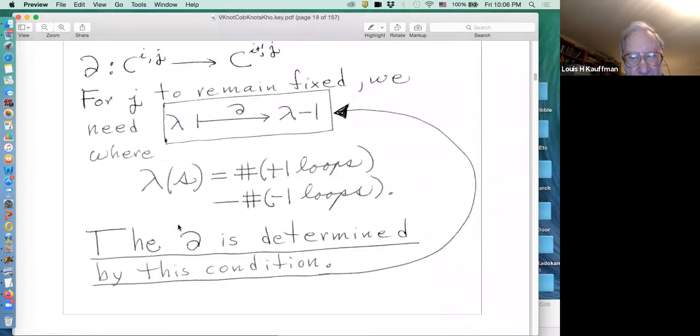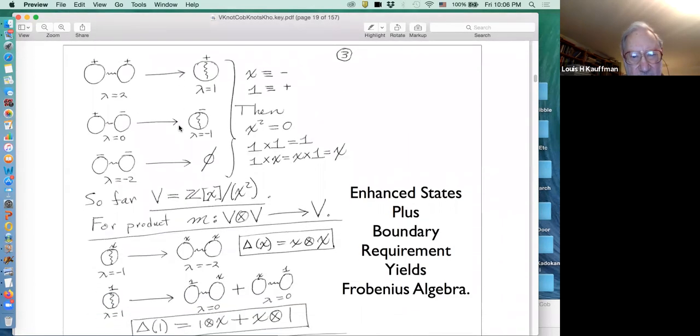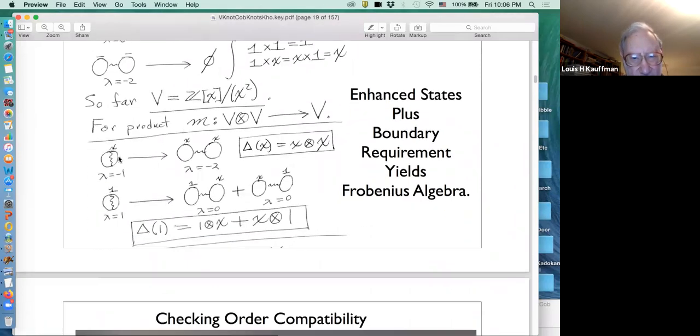And then to preserve the j while raising the i by 1 means that the total of the sign sum on the loops has to go down by 1. And in order for the sign sum to go down by 1, we find that indeed, I'll just go to the algebra, that the boundary